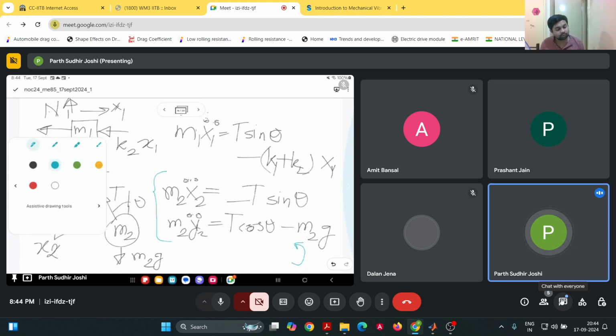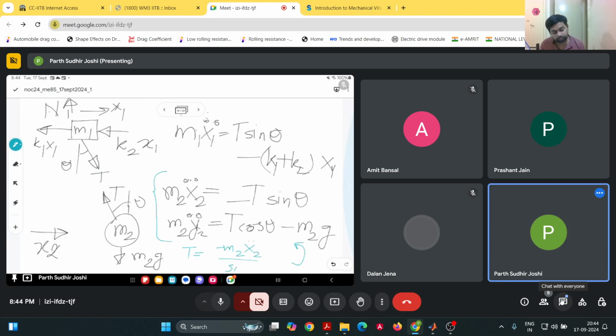So what I meant was, T is minus m2 x2 double dot by sin theta, and then put this expression into this equation, m2 y2 double dot. So we will be able to eliminate the variable T, and x2 and y2 are already known in terms of x1 and theta. So we will get the second equation of motion, and the first equation of motion will be